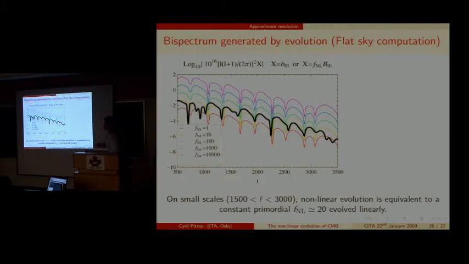So it means that all this work has to be done this time completely correctly, with the full numerical integration without any assumption, just to know what the evolution is in that case. Also, the effect of being equivalent of 15 equals 20 is only on very small scale, and most of the analysis is going to be done between 0 and no more than 2,000. So having a result that is valid only after 1500 means that qualitatively evolution matters, but quantitatively we still need to solve completely the